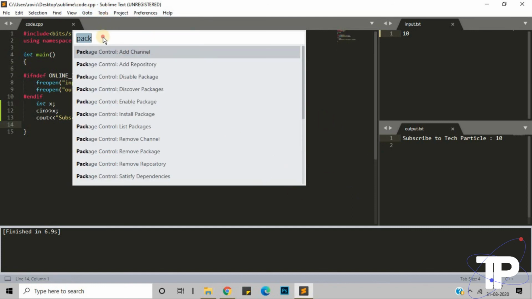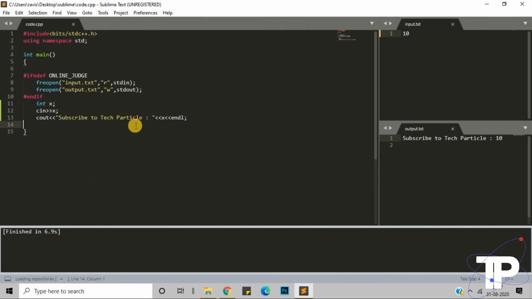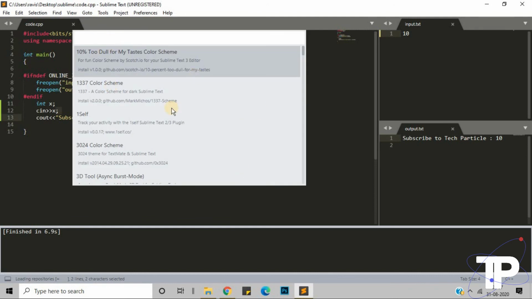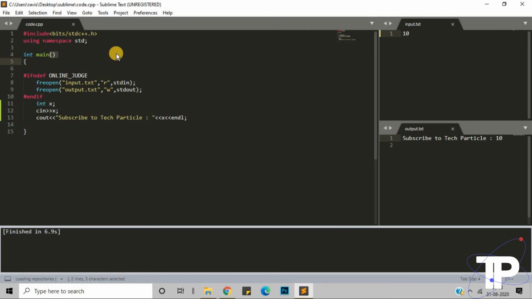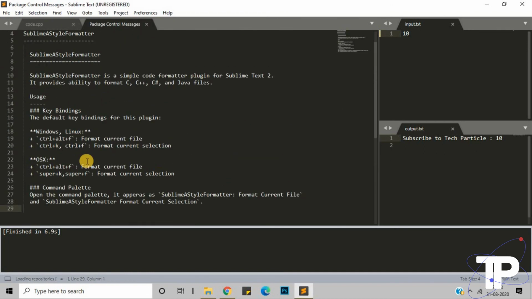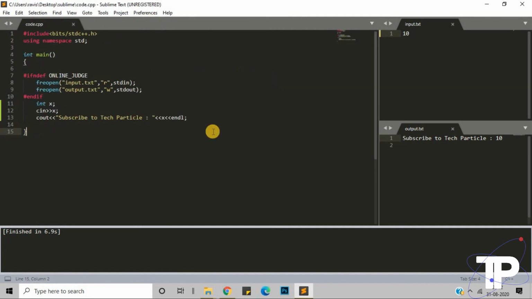Now go to command palette and select for package control, right? You can get so many options. In this you can select for install package, and then you will find this kind of open. Here you can find for AStyle Formatter. This AStyle Formatter, you have to install this package. Just double click on that and something like this will be opened. That means your package is installed. So now every time you build, your project will automatically be formatted.